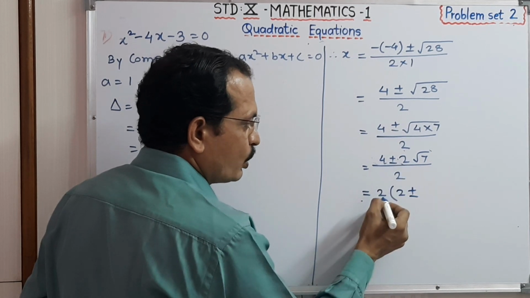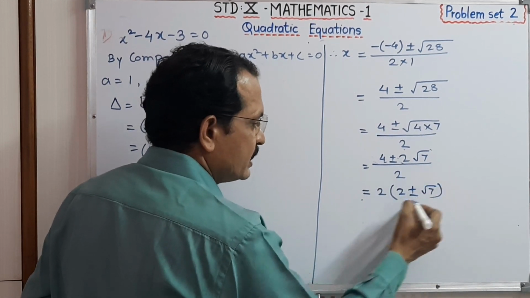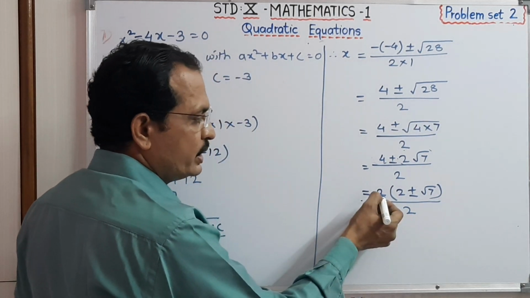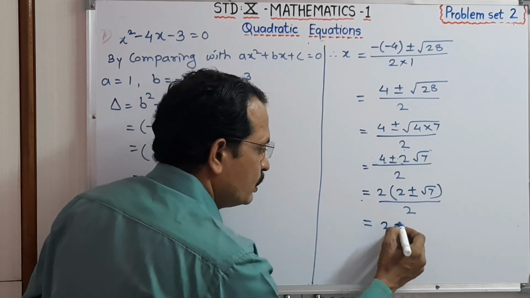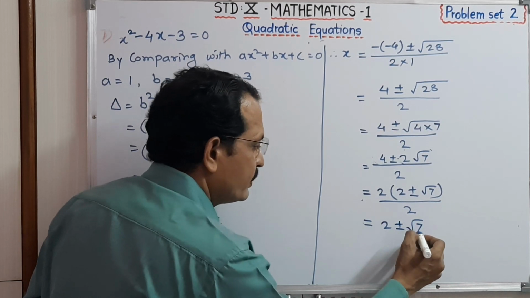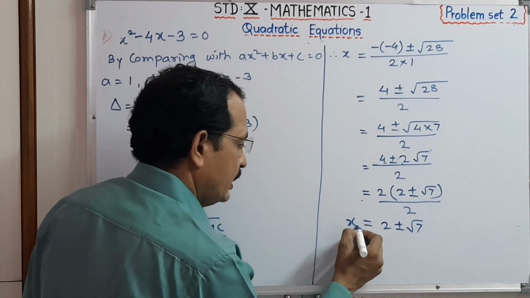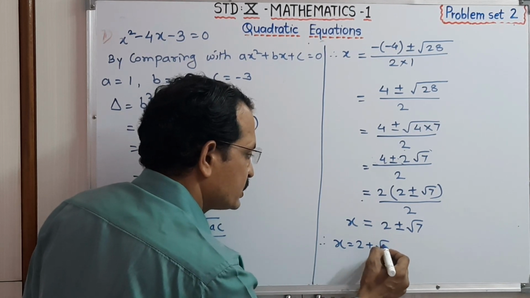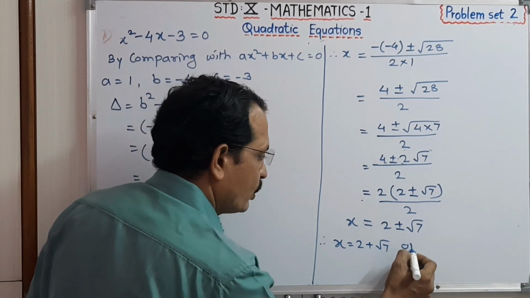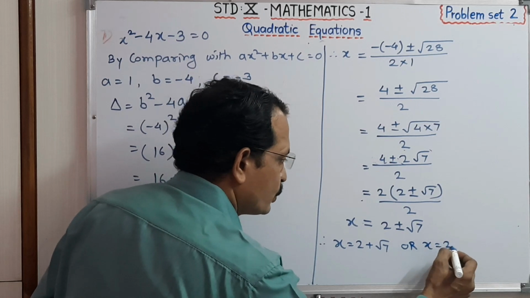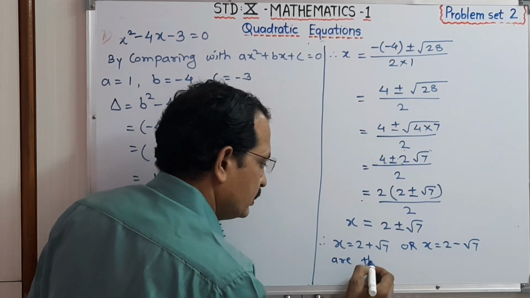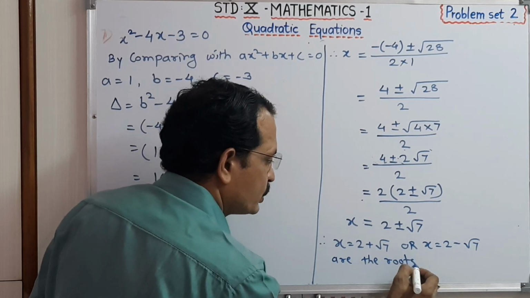These 2 we take out common, therefore only root 7 is there, and upon 2. Now we can simplify this 2 with this 2, therefore it is 2 plus minus root 7. This is the x, therefore x is equal to 2 plus root 7, and or x is equal to 2 minus root 7 are the roots of